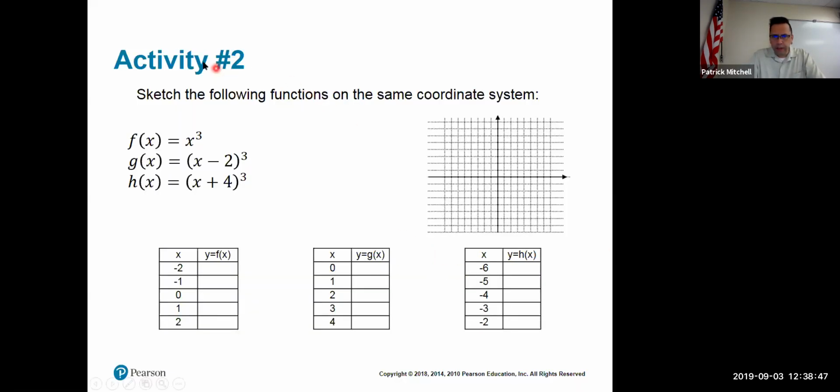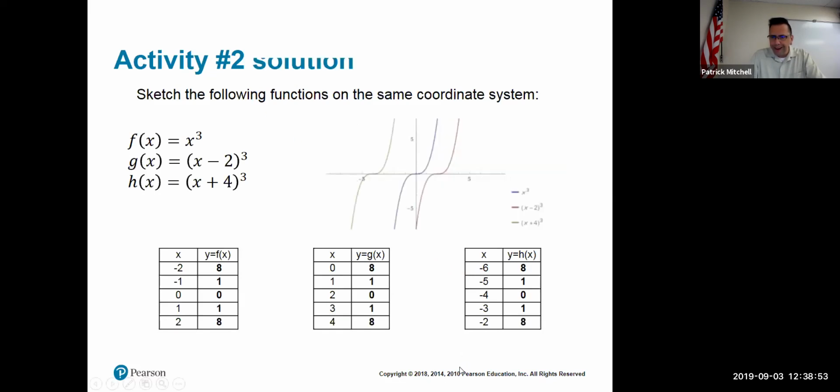All right, so hopefully you've had a chance to try that. Let's see how that looks. All right, so what do we have going on here? Right in the middle in blue is the graph of f of x. This is called a cubic function. And then this is really important because I think this is kind of counterintuitive. Over here in red, purple, brown, I can't really tell, is the graph of g of x, and it is located 2 units to the right